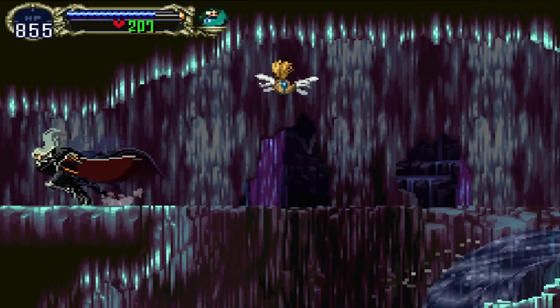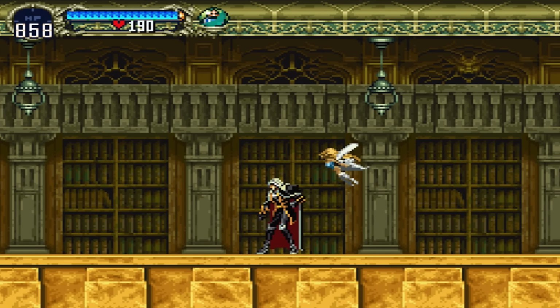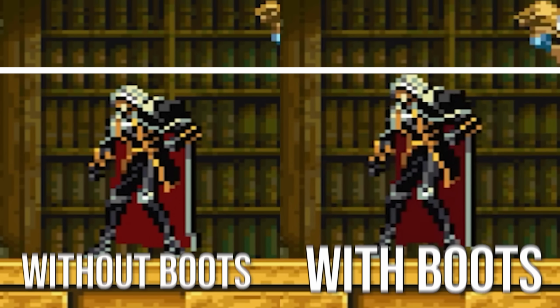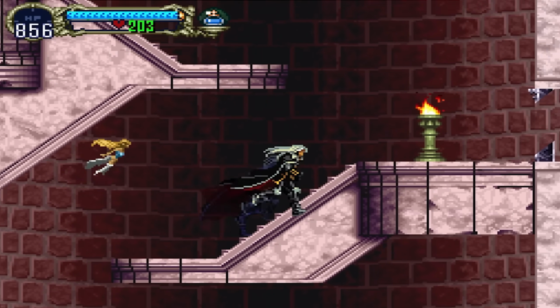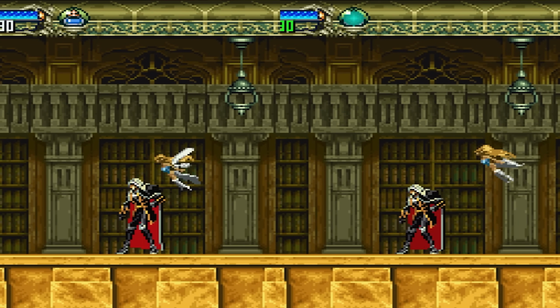Found in the underground caverns, these boots do one thing and one thing only. When you equip them, they increase Alucard's height slightly, like almost unnoticeable, but you are taller. It serves no purpose. It's not necessary to reach any certain areas. Doesn't have some other secret purpose. All it does is make you a near imperceptibly